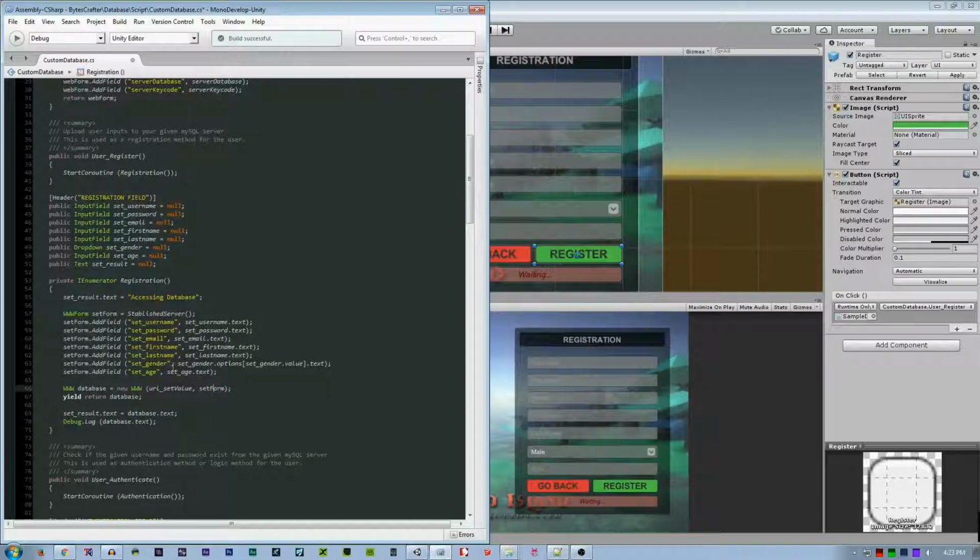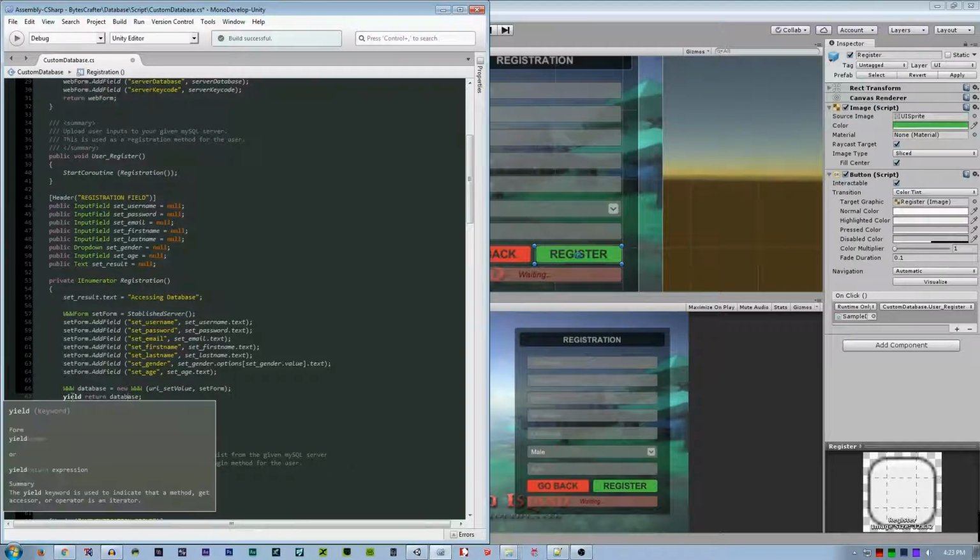And the next one is the set form, the WWWForm. The purpose of this, you will send this WWWForm to the URL, set URL. Now, this is the purpose of the enumerator, yield return database.